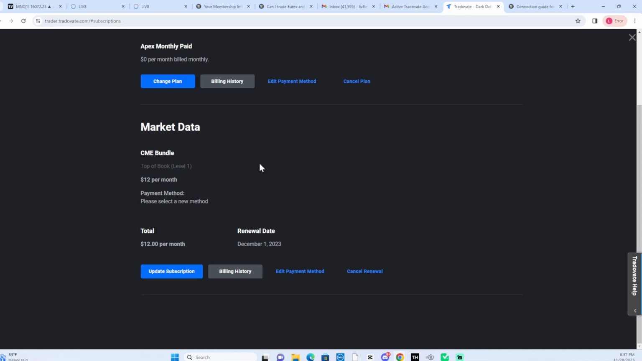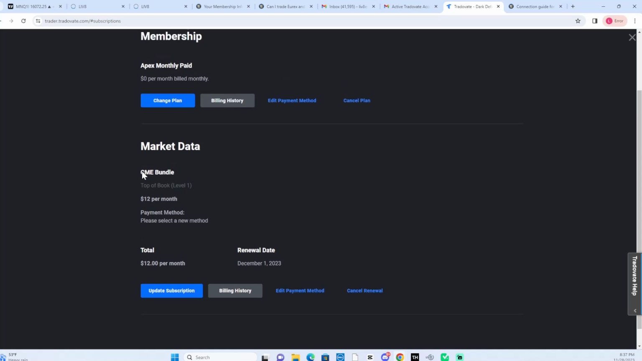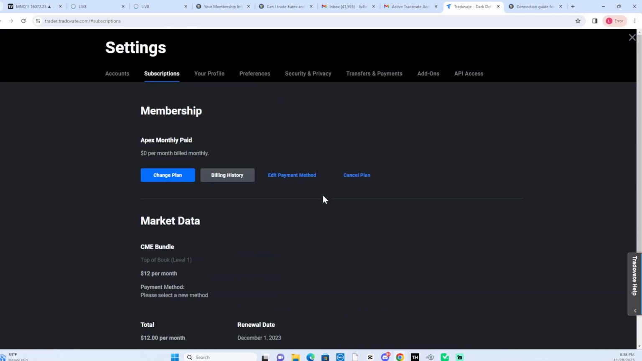So definitely, if you're trading Tradingview, you definitely want to make sure you have the CME bundle, and this is $12 a month. So you are paying a few dollars extra for some things, but honestly, it pays for itself, especially when you're talking about data and time and getting data in real time. So I wanted to make sure I added this on because I know some people were asking, well, where do we get that real-time data? And it's right here inside Tradovate,